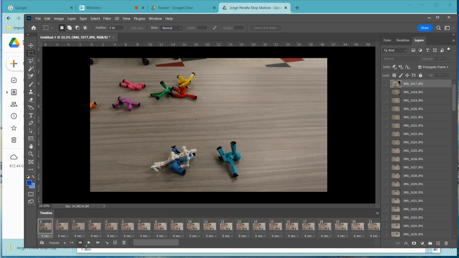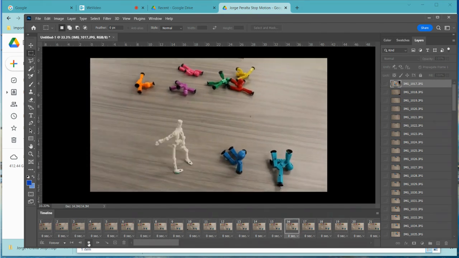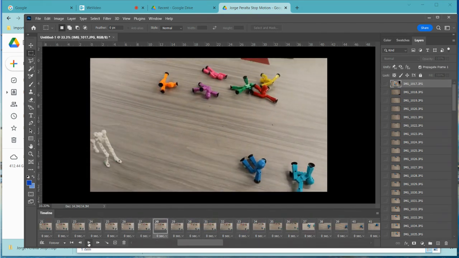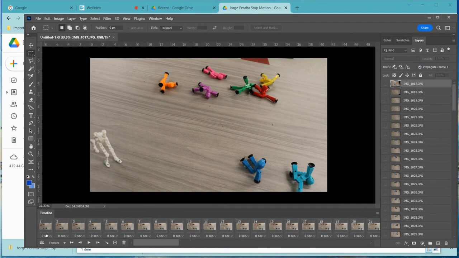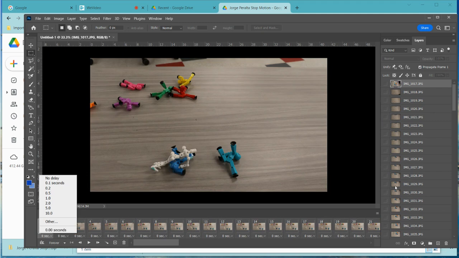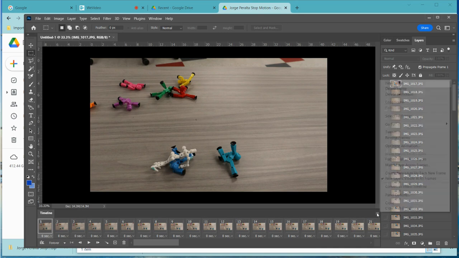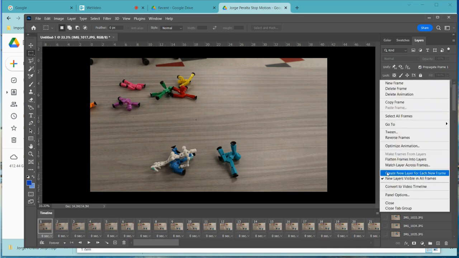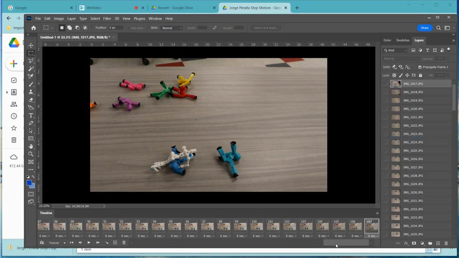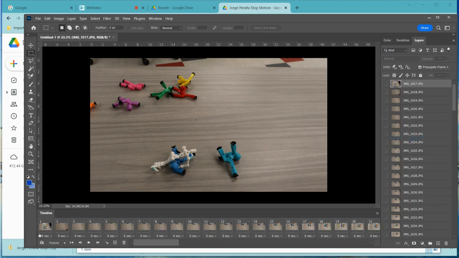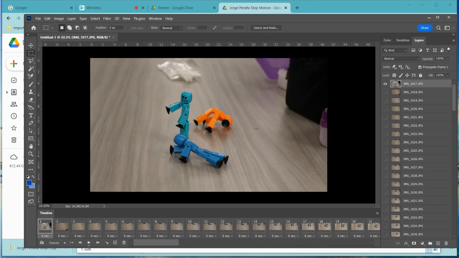Now, when I hit play, I see there's a problem. The last frame is at the beginning, so that's why the stickbot's walking backwards. So I don't want that. So I'm going to go back to the beginning, and you do not have to sit here manually reversing all these frames. That's not necessary. All you're going to do is go here and hit reverse frames, and it will make the last frame the first frame and the first frame the last frame. So if you go back here to the beginning and you play it,